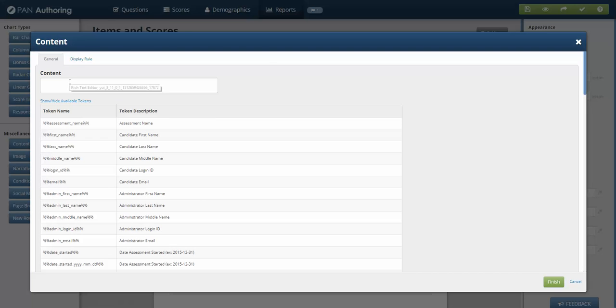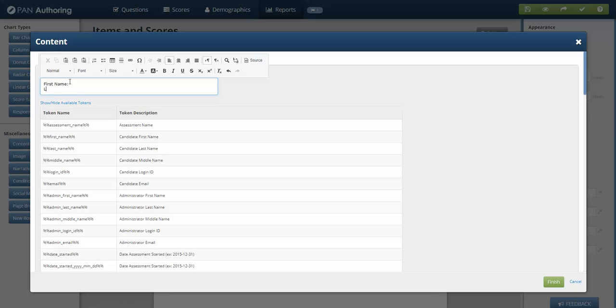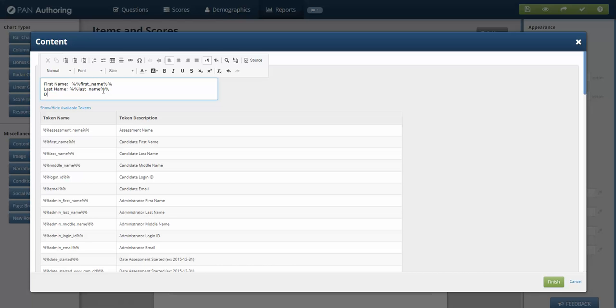So I'll just get started with a couple of tokens for this report. I'll say first name, colon, last name, colon, and then I can paste these tokens in. So every time a candidate takes a test and I push this token in, it will pull from the database who that candidate was, what their first and last name is, and that'll show up on the report. Some other common ones might be date completed,